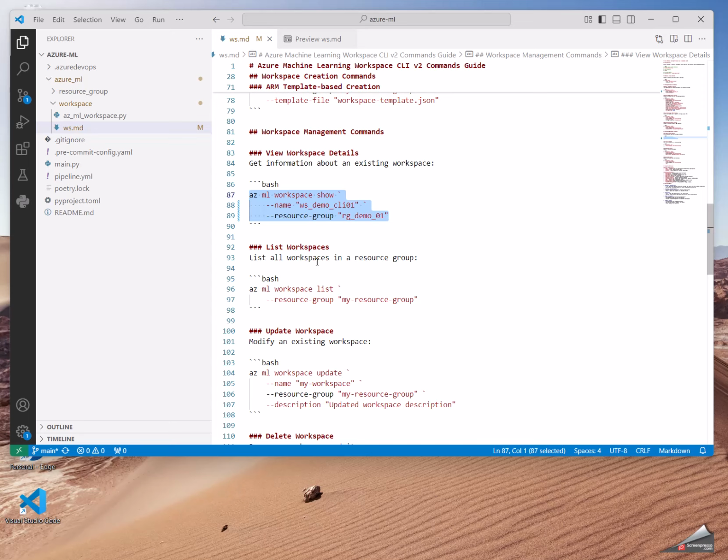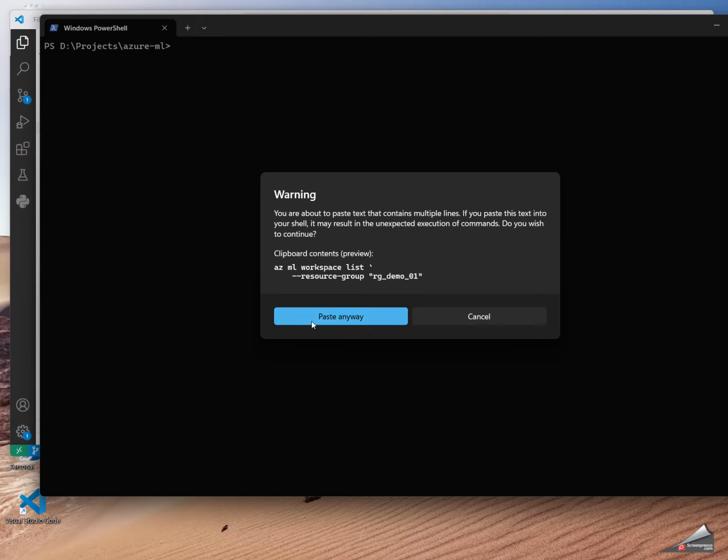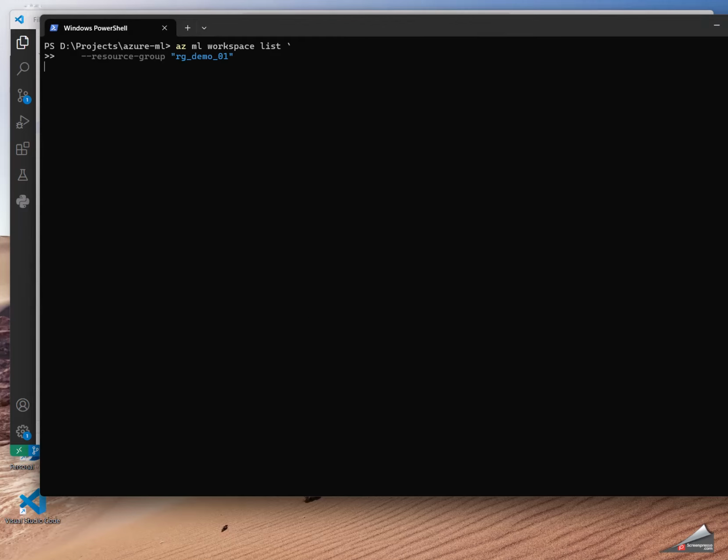And sometimes you need to retrieve all the workspaces in one resource group. So for instance, I think I have two resource groups. Let me see how many workspaces are in the resource group.